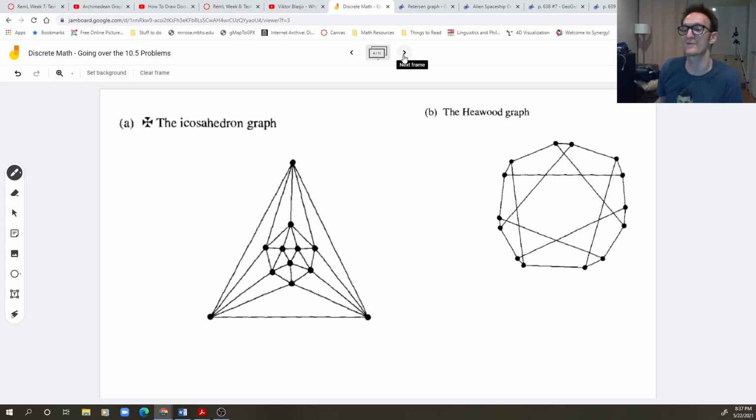This is the icosahedron graph. So we're just going to do this. I didn't make GeoGebra files for these because I think we're just doing the coloring, so we don't need to drag around really. So okay, let me just begin. I am going to color this vertex red. Okay, well, no other vertex connected with it can be red. So this vertex has to be a different color, so let it be green,